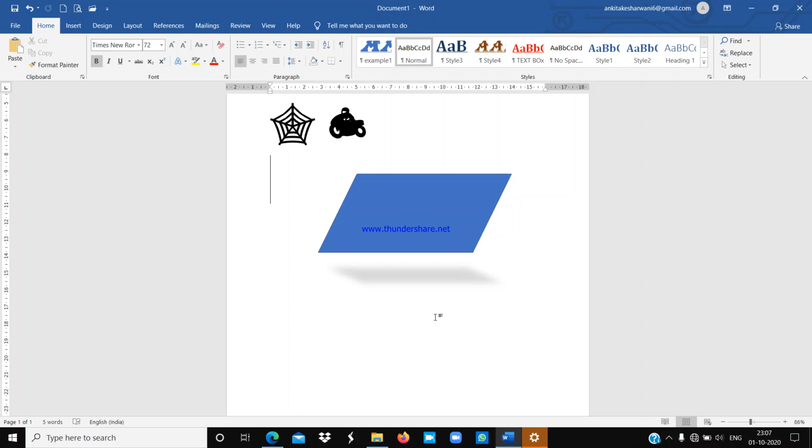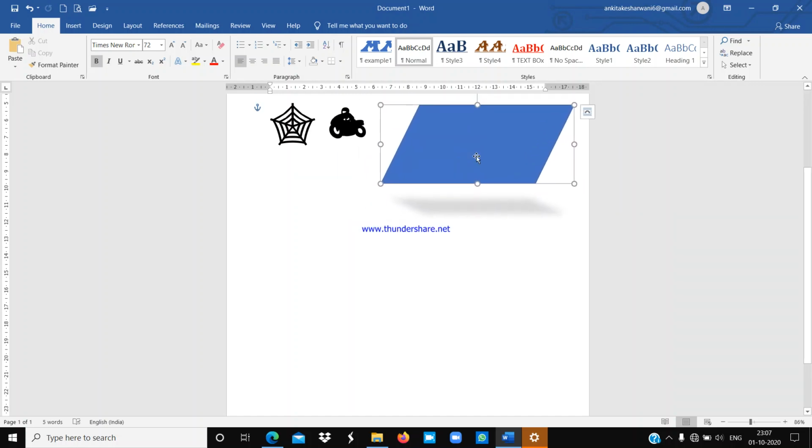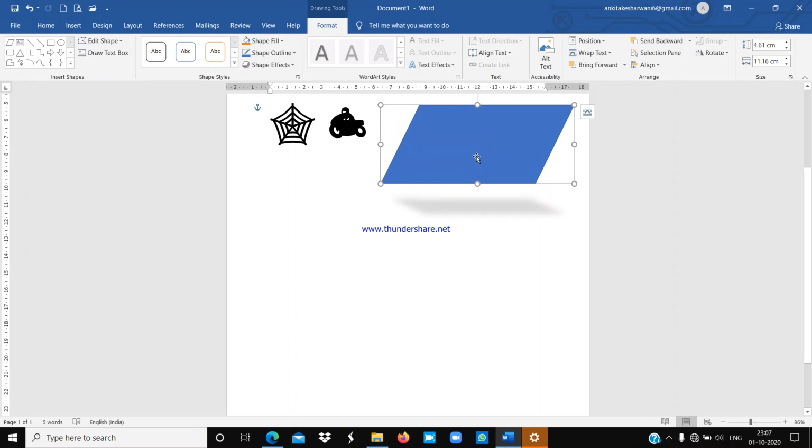Now we will see how we can add a screenshot in our document. Okay, yes, we can also take a screenshot. First I will show you how we can take a screenshot in a laptop. If you want to take a screenshot in your laptop, you have to use a two key combination. Okay, you have to use two keys, and that is called a key combination.